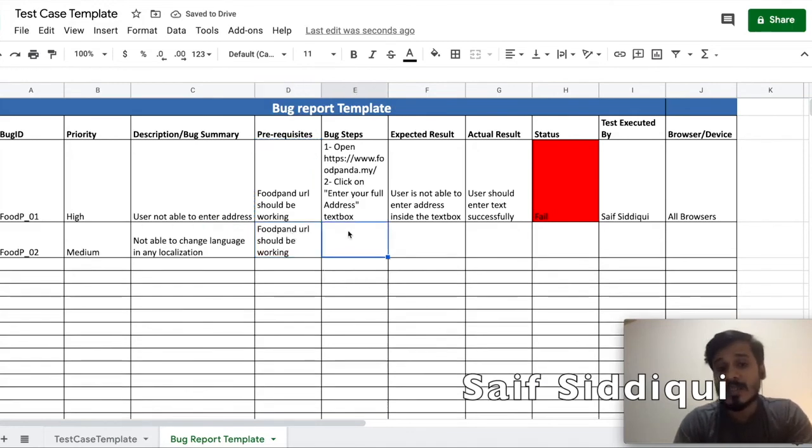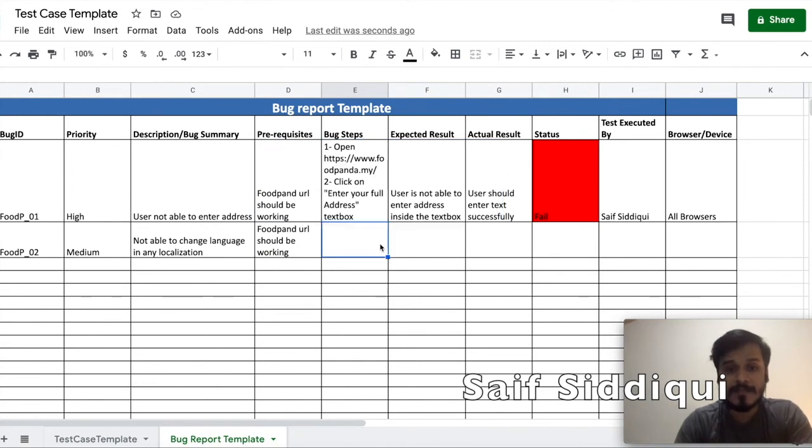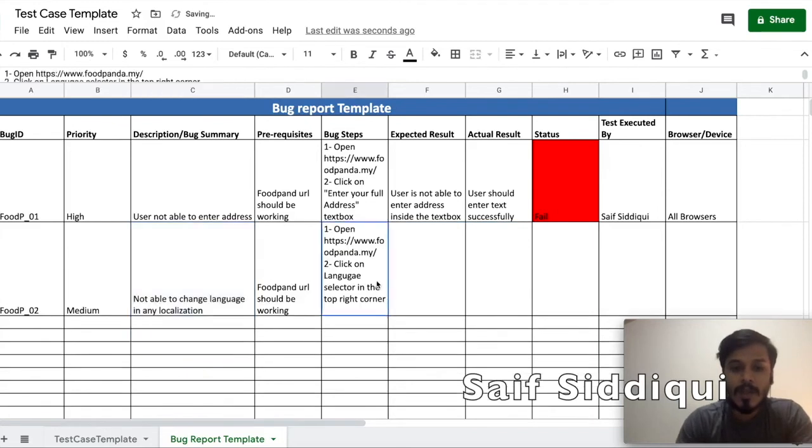And what is the test step? The first step will be same, and then the second step will be click on language selector in the top right corner. Now once I have done this, what is my expected result?